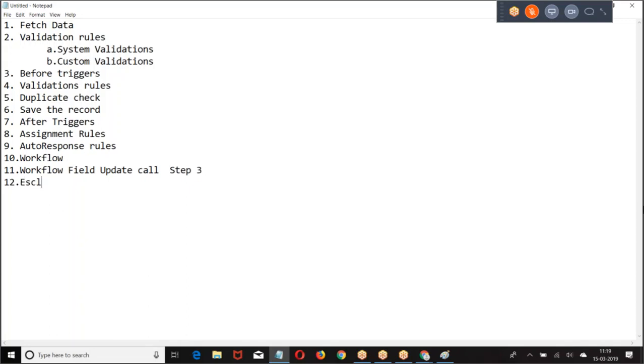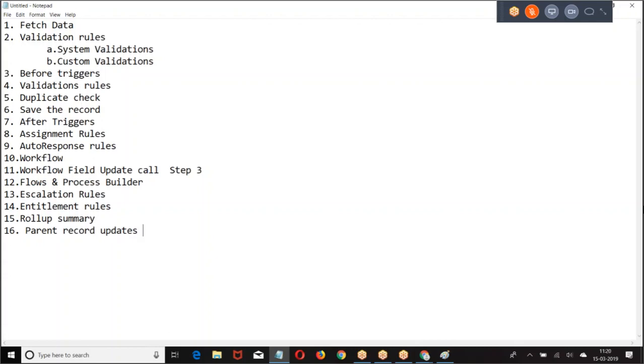Then we have escalation rules, then entitlement process, then we have roll-up summary, parent field update, then cross object formula, sorry, it's a criteria-based sharing rule, then commit the record, then send the emails.